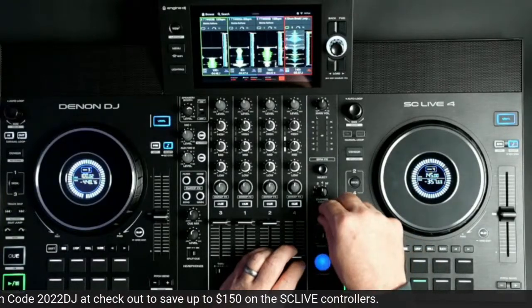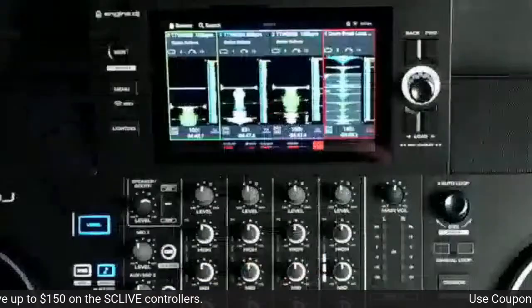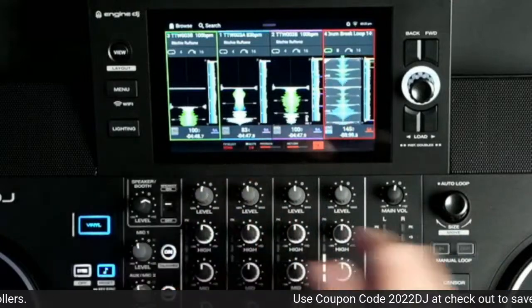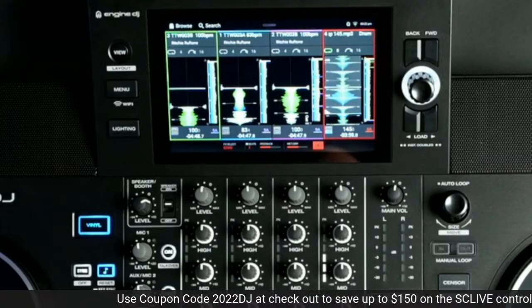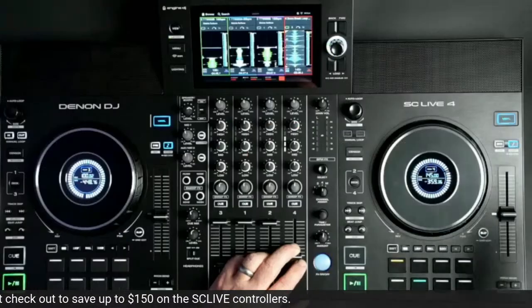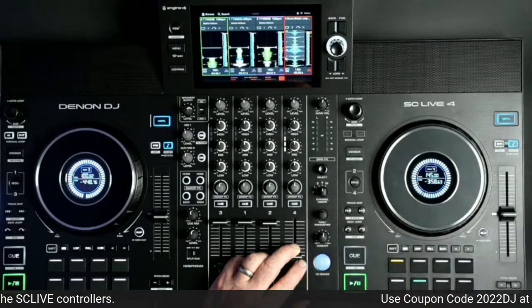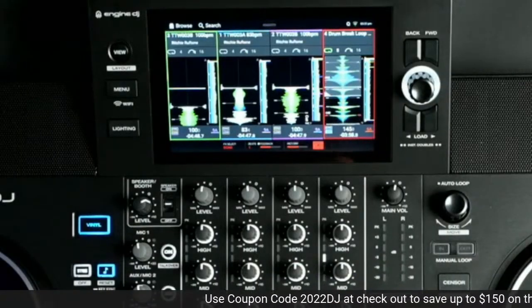And so in its state that I have now, let me zoom in on the screen really quick so you can see the settings here. It may not be super clear, but echo selection, then it has the beat division on the screen. So as I turn my time parameter knob in the corner, I can adjust the beat division. But then if I press the time parameter knob, right here, it jumps over to between beats and feedback,